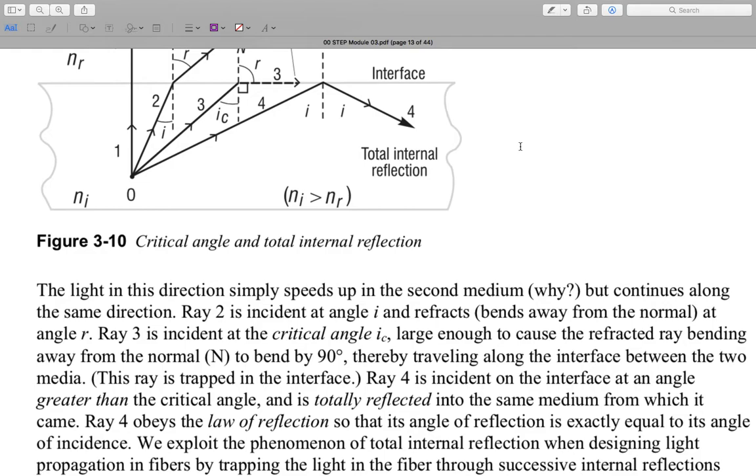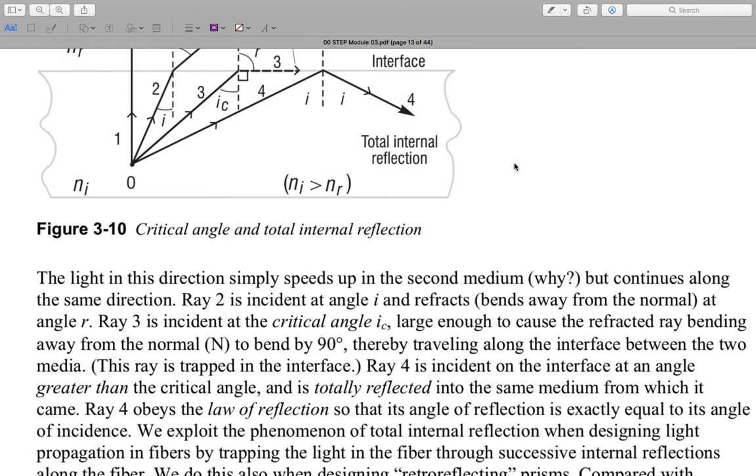Ray 4 is incident on the interface at an angle greater than the critical angle and is totally reflected into the same medium from which it came. Ray 4 obeys the law of reflection, so that its angle of reflection is exactly equal to its angle of incidence. We exploit the phenomenon of total internal reflection when designing light propagation in fiber by trapping the light in the